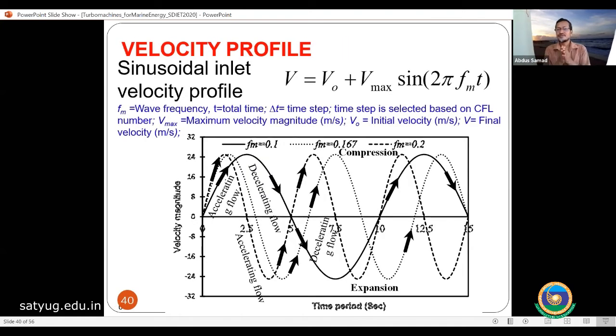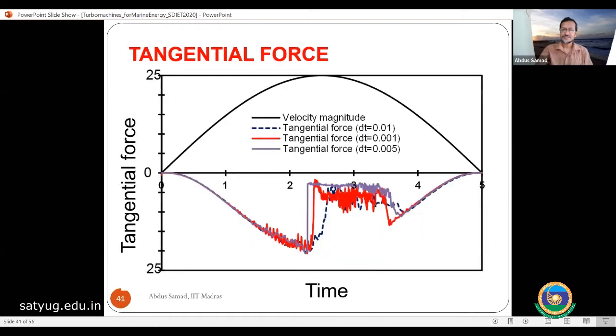Okay, so we did some unsteady flow simulation also, for the wave energy system. I said that this is a sinusoidal flow. Sinusoidal flow means that if you do a simulation in any commercial software like ANSYS or OpenFOAM, you have to give an input velocity. You can give a fixed velocity or you can give a sinusoidal input. In our case, it was sinusoidal, so we gave a sinusoidal input. And finally, we got this result. In this result, what you can see is, we gave this much velocity, but we got this torque, this force.